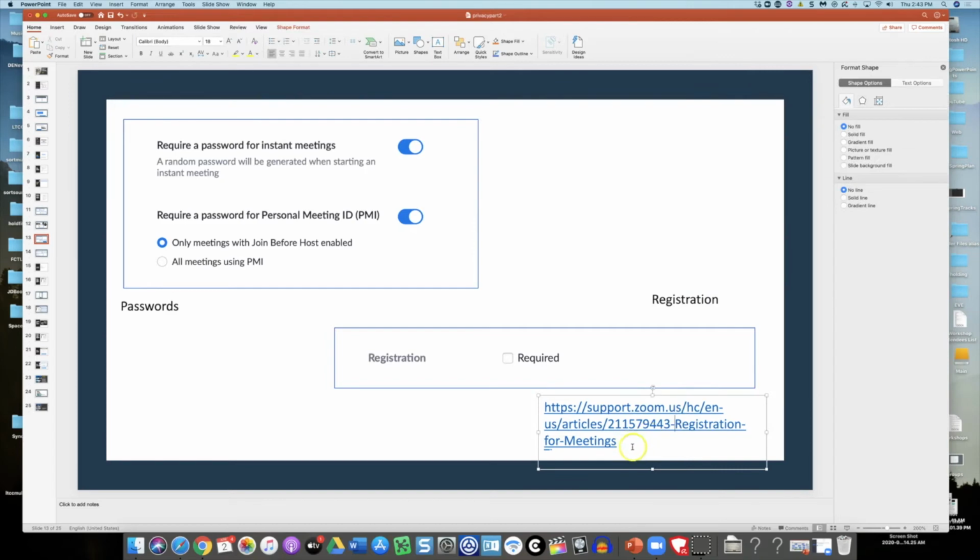Registration, there's a whole slew of articles that I will include for you on using registration, what that looks like. That's another level of requiring people to pass a test for you such that they're not just going to be some last minute, spur of the moment Zoom troll who's going to try to disrupt your meeting in an offensive manner. So again, a lot of options to think about in terms of which of those you want to require. My number one will be saying use the waiting room.